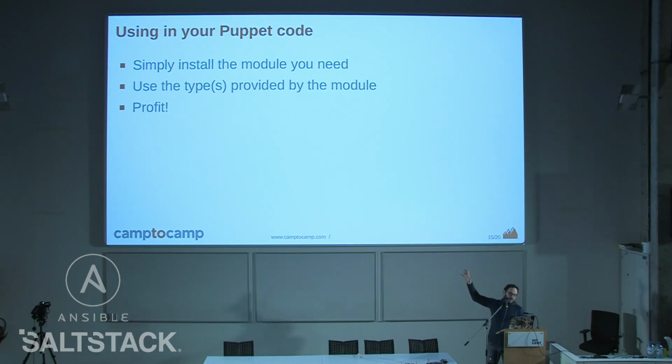You can just use this in your Puppet code. Simply install the module, so the Augeas providers shellvar or Augeas providers SSH, and just use the types that are provided by that module. Moreover, because this is a library, you can also purge resources, like a lot of resources in Puppet. If they're unshareable and you can list all the resources, you can also purge them, which allows